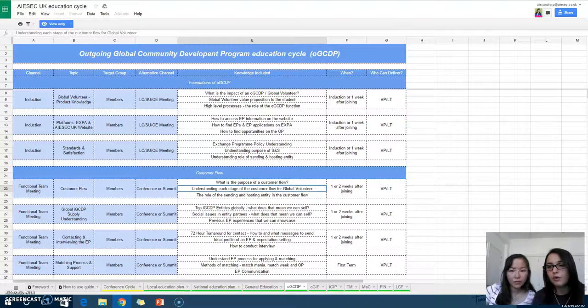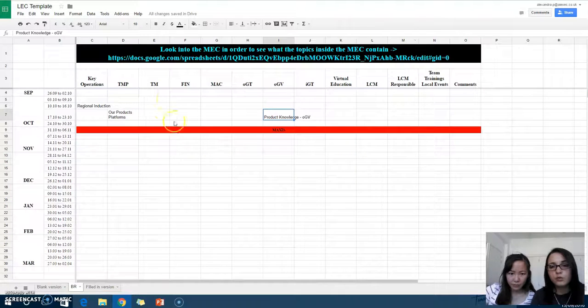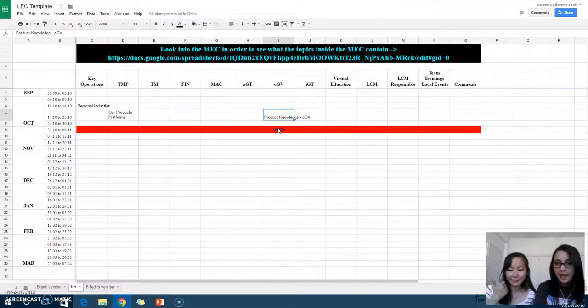The thing that we want you to remember is that when you do these things, you also need to consult with your EB. So you all need to be aligned with the trainings that are going to happen, because you are all going to work for them. Okay, you as TM are responsible for doing this, having this filled in and making sure each training happens, but you can't fill it in all by yourself for the other functions. So work with your EB.